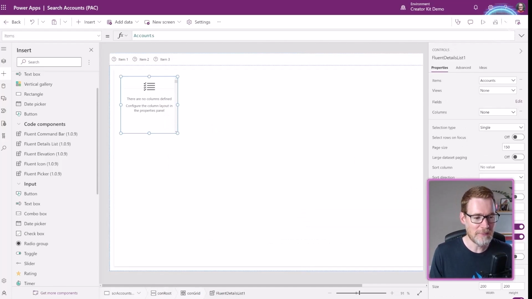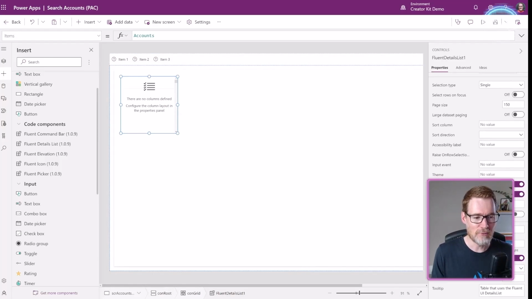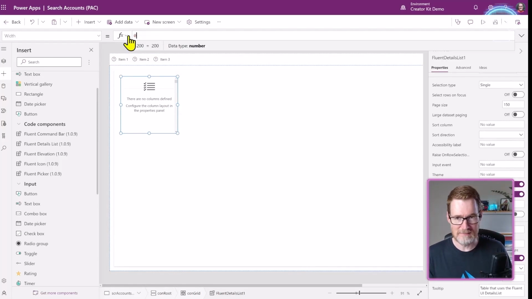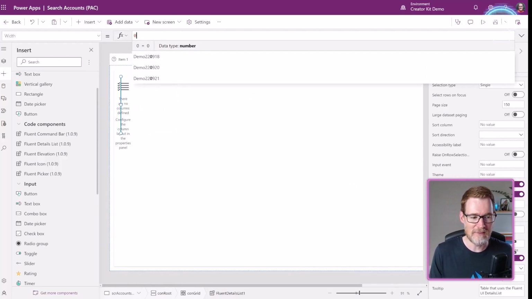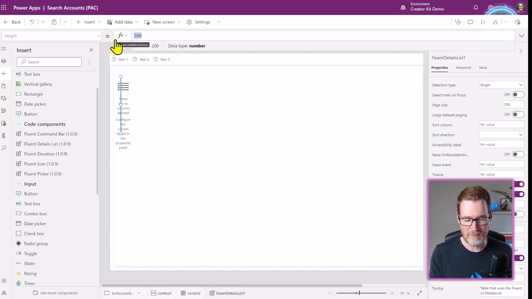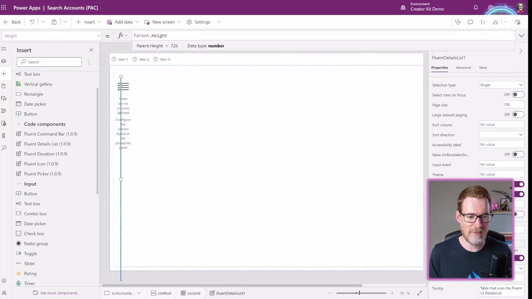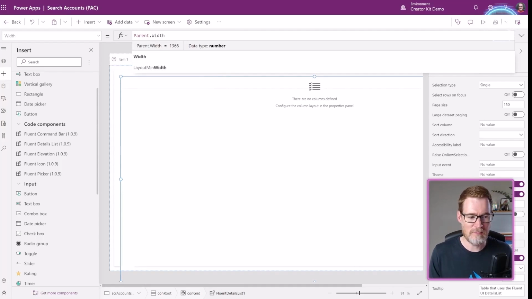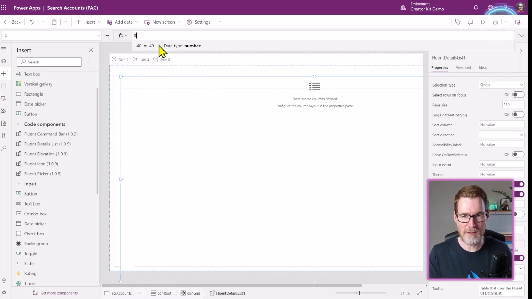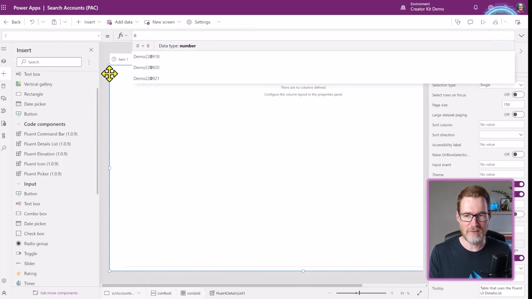All we would do is make this expandable to the full width. We would make the height parent.height and the width parent.width, like this. And then we make the X and the Y just 0 to make sure it's located at the top.